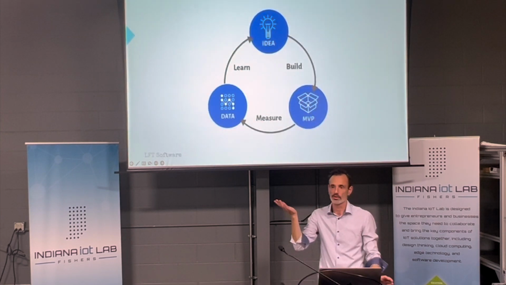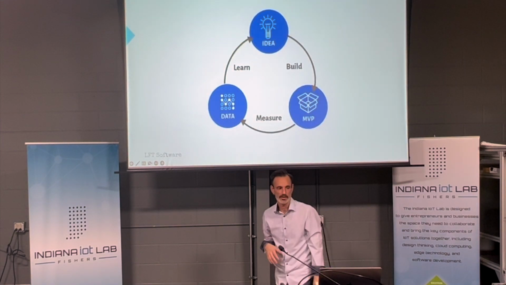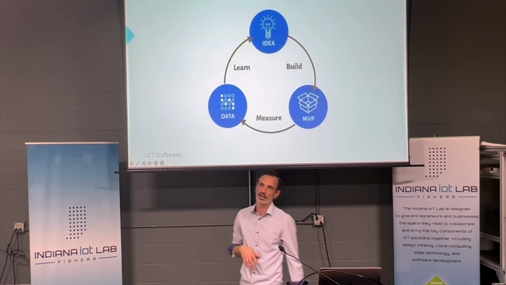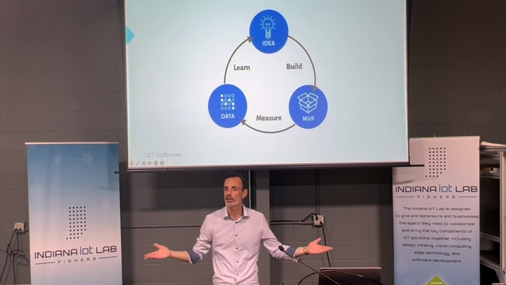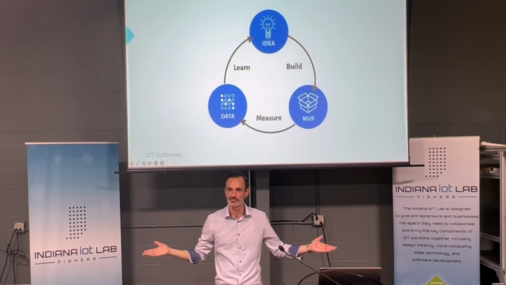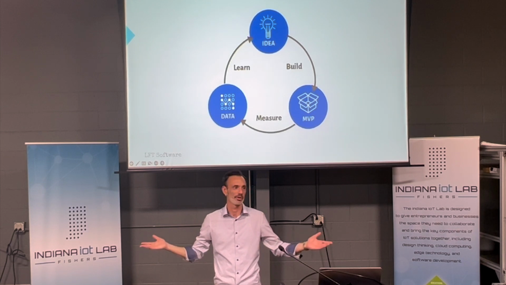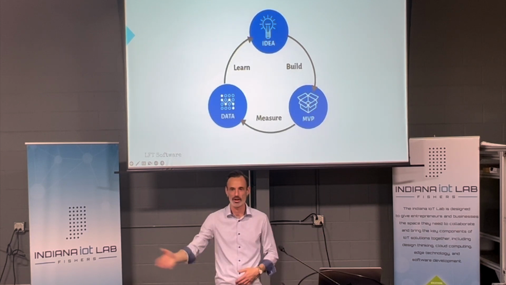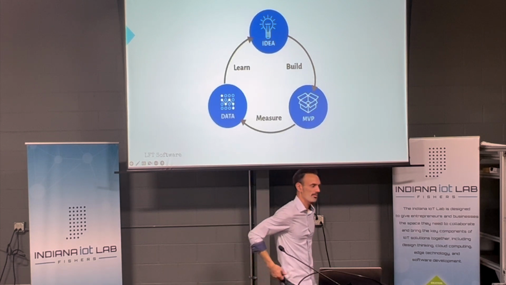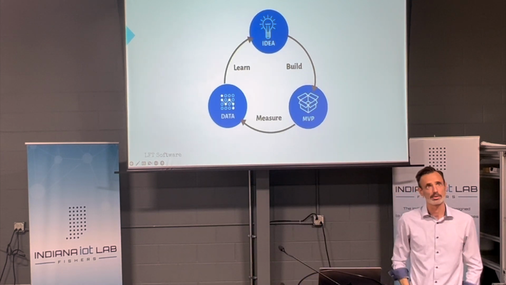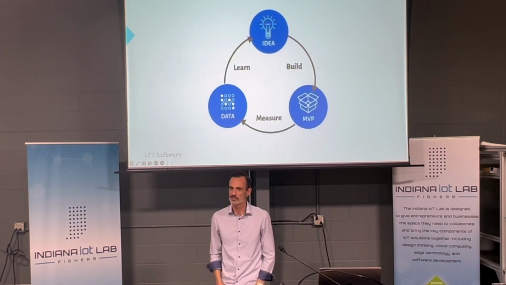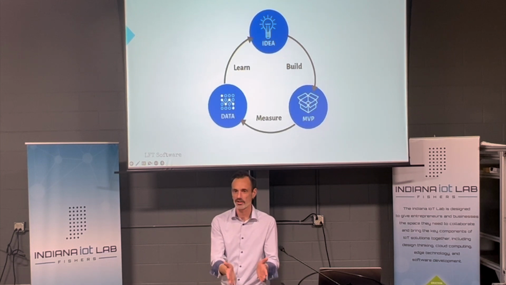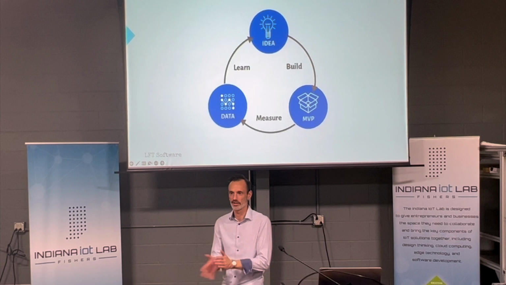So Eric wrote a book called The Lean Startup. It's not a new concept, but back in the day, with Henry Ford and mass production, Henry Ford is famous for saying you can have any color you want as long as it's black. He didn't care about what the customer wanted. He said, we're going to make it and they're going to buy it. And then the Japanese really came in, the Toyota production system, and said, let's give them some variety. Let's build in smaller batches. Let's not do mass manufacturing. Let's just build a little bit, see how the customer reacts, and pivot where we need to pivot.